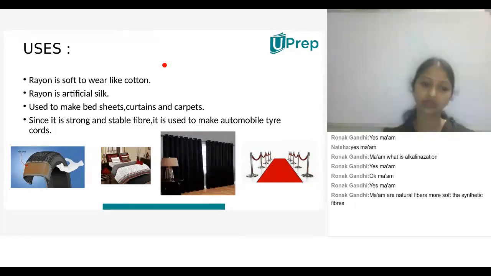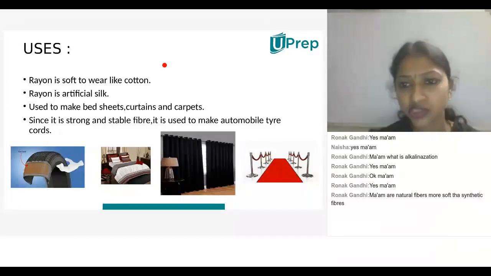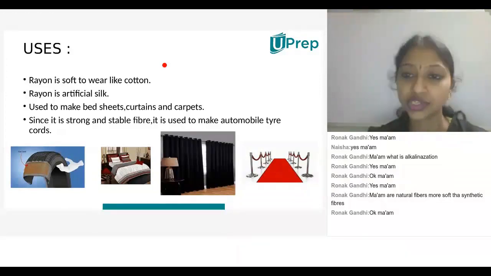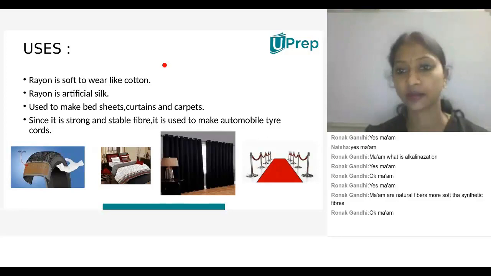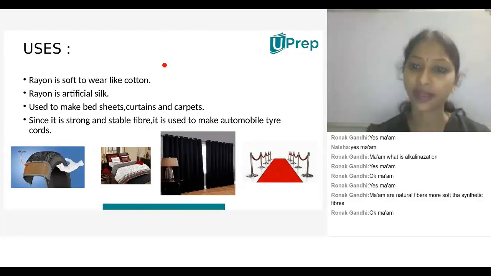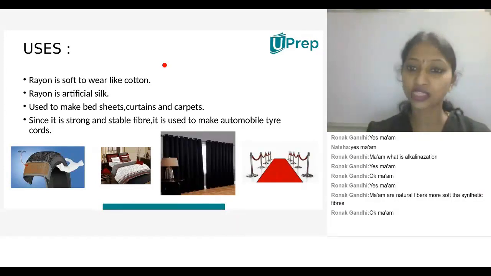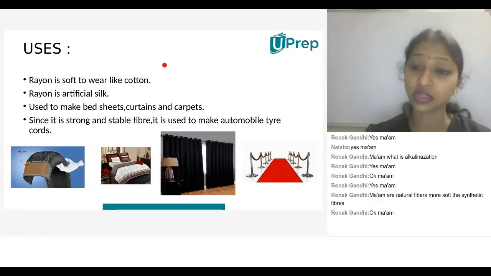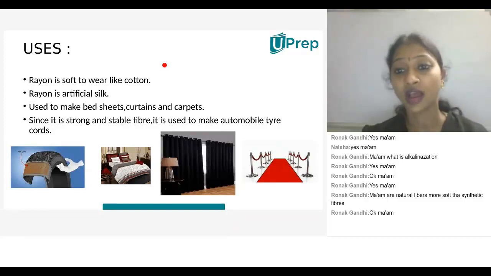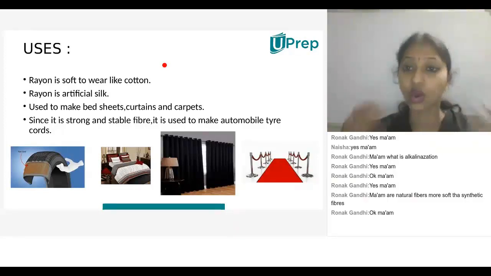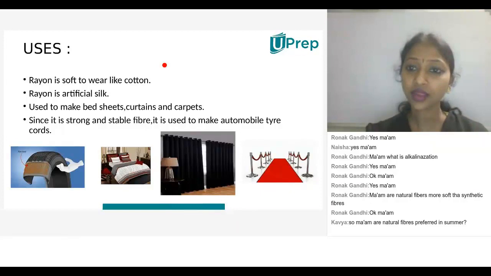Yes, obviously natural fibers are much softer than synthetic fibers. So we are very comfortable wearing natural fibers. But we can't afford them all the time. If any occasion is there, definitely we'll go with pure things, like wearing pure gold ornaments. Especially girls know about it very well. Especially in the south, they'll wear pure silk sarees and good ornaments on occasions like all these nine Navratri days. Am I right? Okay.